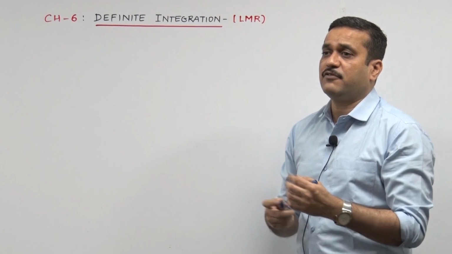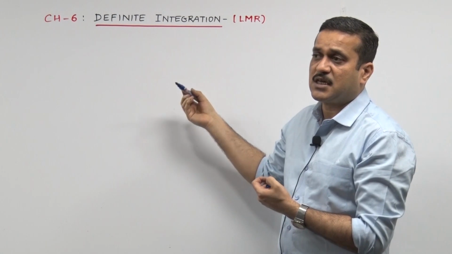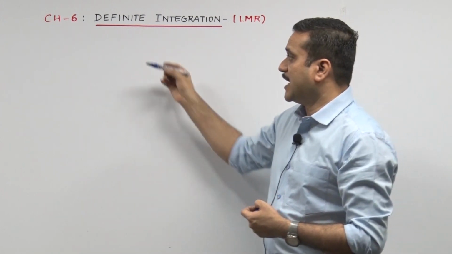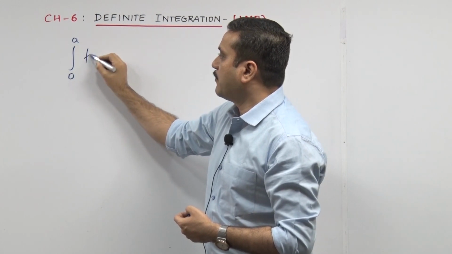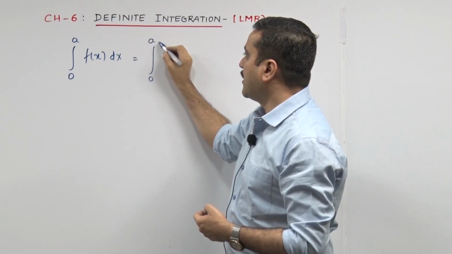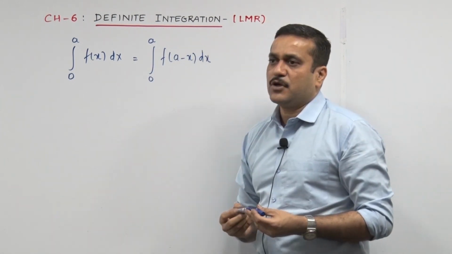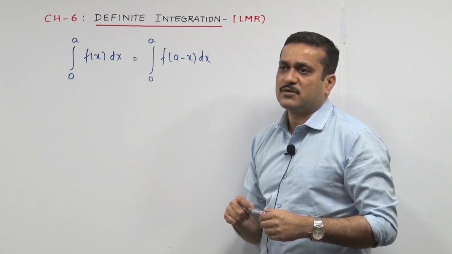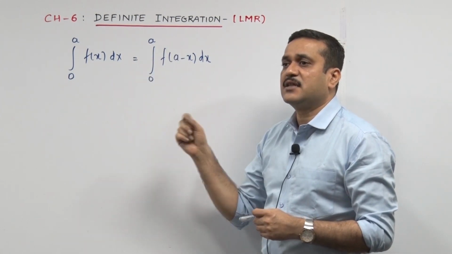But coming to the 3 properties we are going to use, let me first flash up 2 properties which we'll be using in 2 sums, and then the odd even function property we'll be discussing after that. So property 4 goes this way. Integrate 0 to a f of x dx is equal to integrate 0 to a f of a minus x dx. In my explanation during the year, when I put this up the first time, I told every student in the batch, you can change your x to a minus x and still the answer will remain the same.